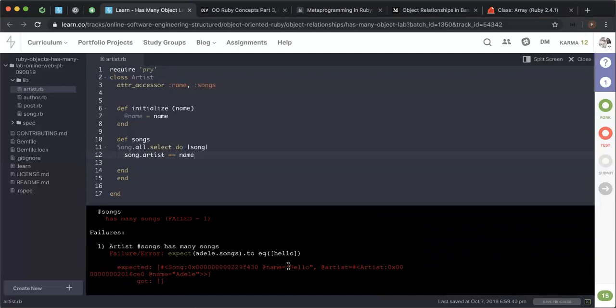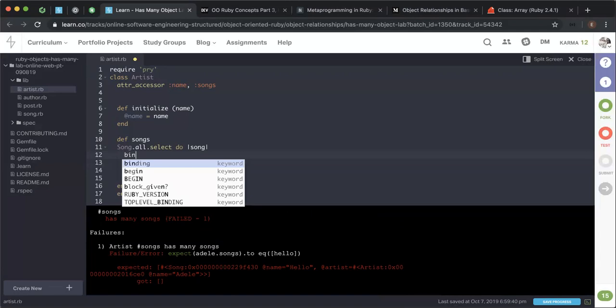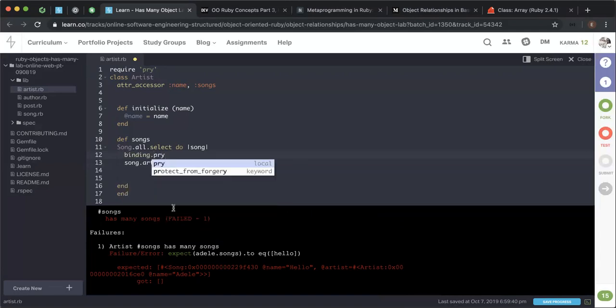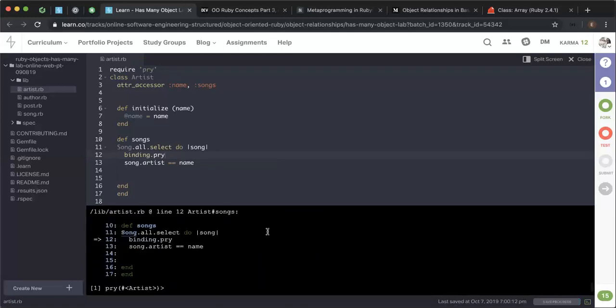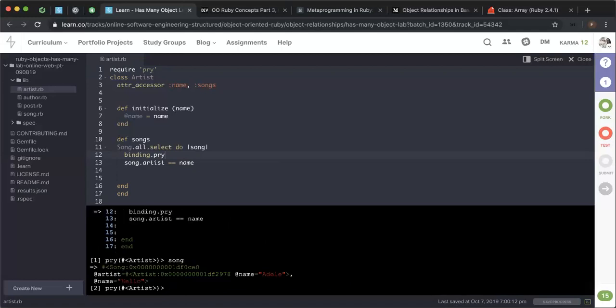All right. Let's put a binding.pry right here, a new line on line 12. Okay, so push this down and yeah. Okay, so let's find out what song is. All right, so it's an instance of a song. It has an artist, a name, and a name of a song, I guess. Right, so